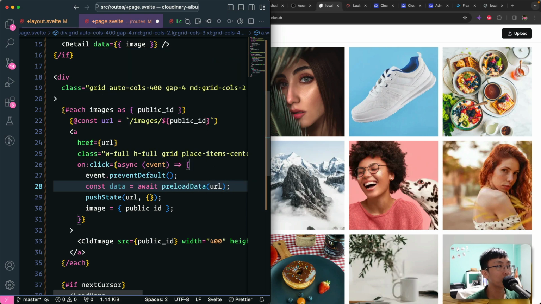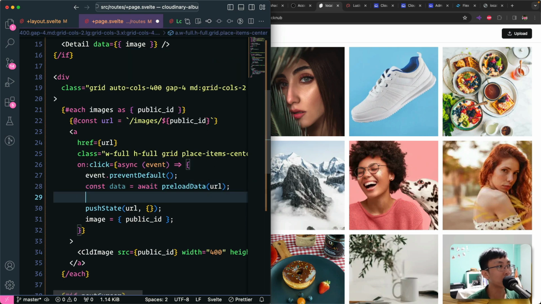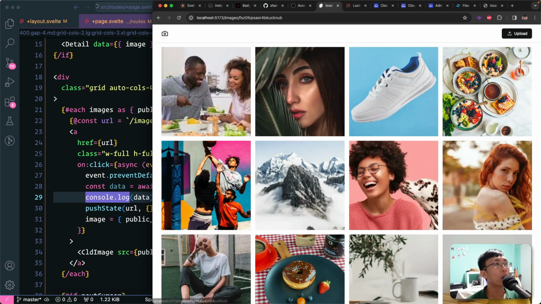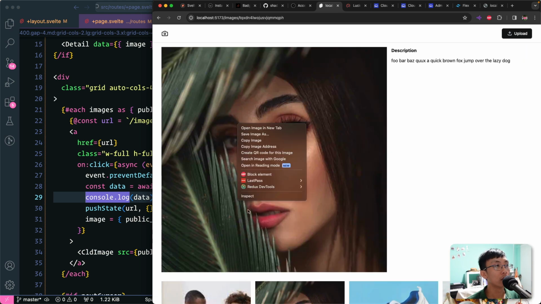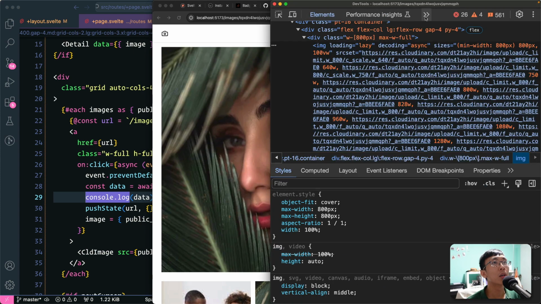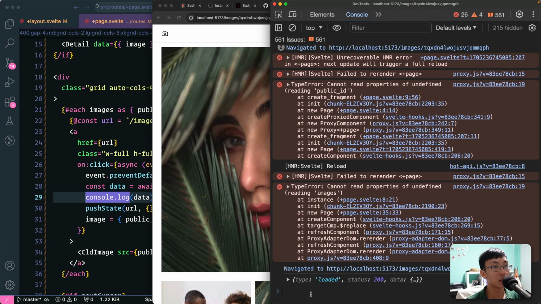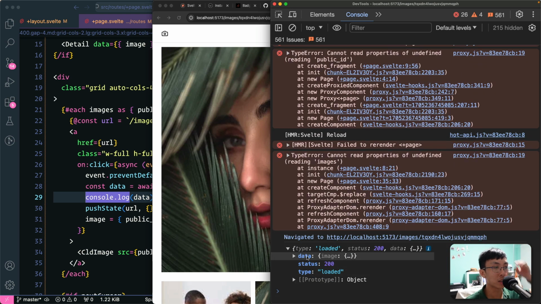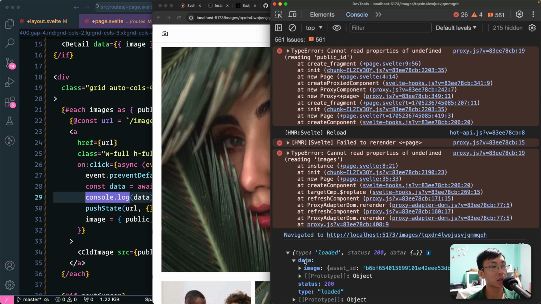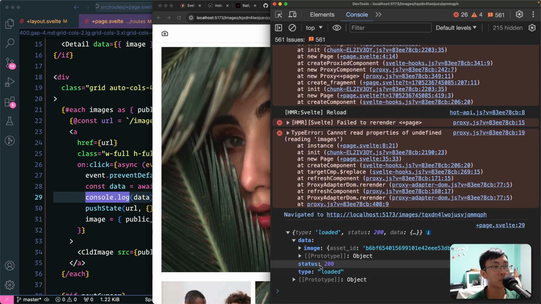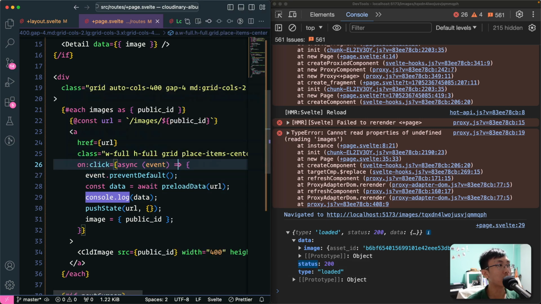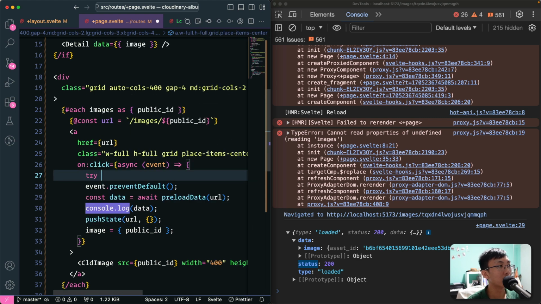So this will give me the preloaded data. And if you look at the console, the preloaded data looks like this. It has type, which tells you whether it's loaded, the status, and the actual data. The actual data is what we are concerned with, but of course we also need to check whether the status or something goes wrong, right? So over here, if something goes wrong,